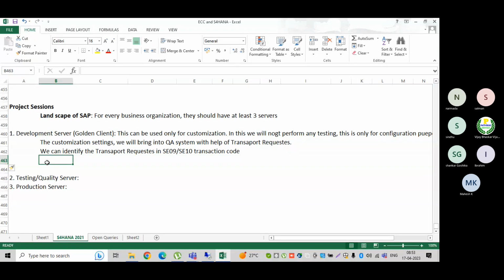Now once we identify that, how to release the transport request? This is a very important one.